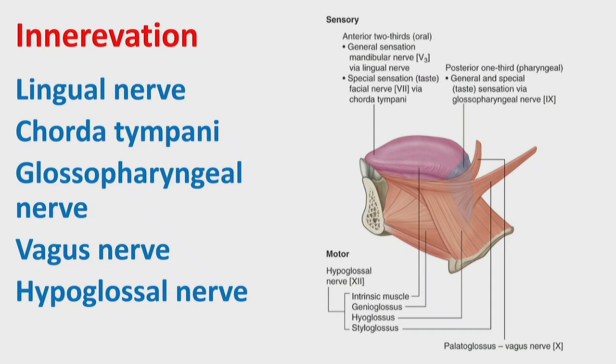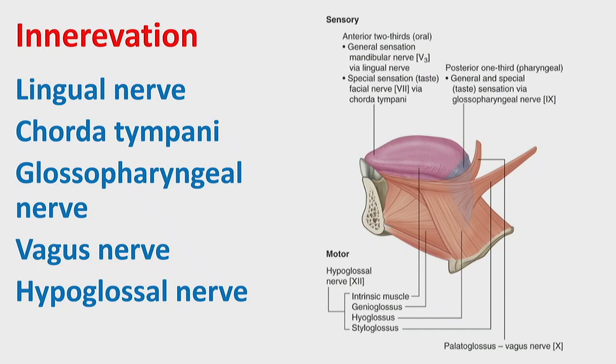And as we said, the tongue has taste perception, yes? So we have a specific nerve for the taste, carrying the taste fibers to different parts of the brain for the perception of taste, yes? This is a different center, for example, from the perception of hot and cold when you eat some hot food or cold food. That's why taste is a special sensation, or you can say taste fiber innervation of the tongue. For the anterior two-thirds it is via the chorda tympani, which is a branch of